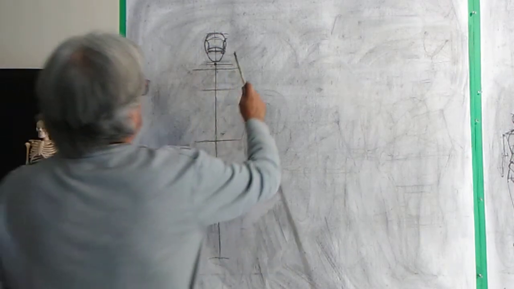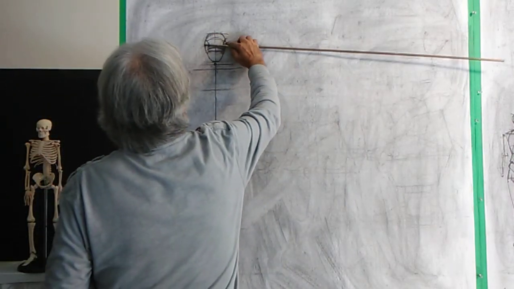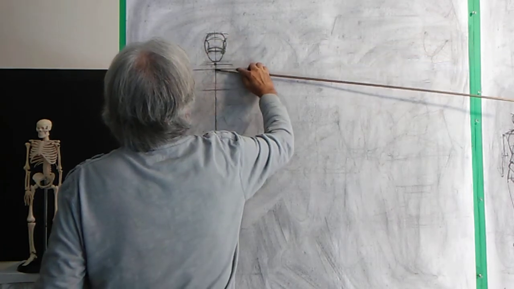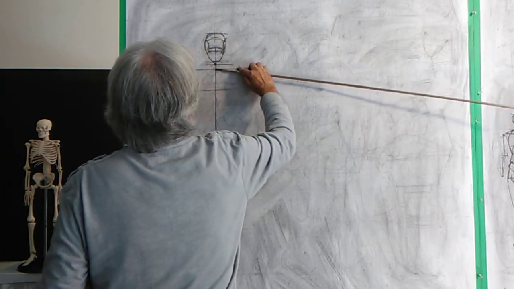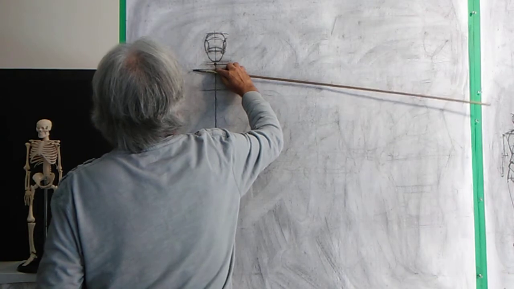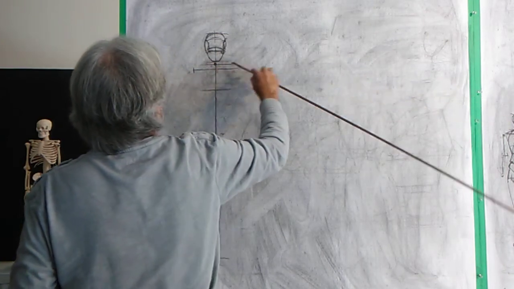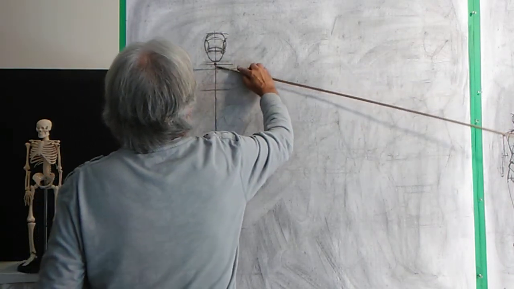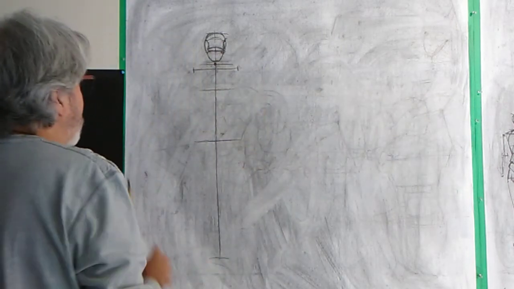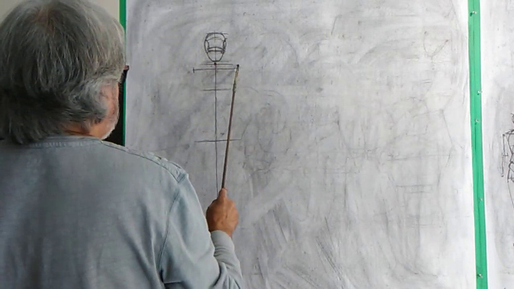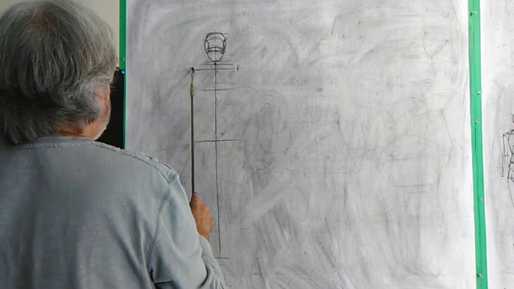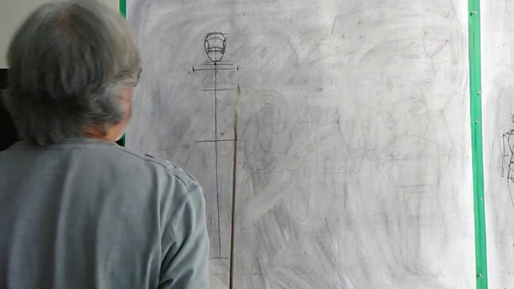So what we want to do with our shoulders, like in the front view, is take the width of the skull and measure it. And this side wants to be the width of the skull. You take the width of the skull, measure it. So now we know our shoulders for the width of the head would be like that. So now he's in, as far as the shoulders to the head and the placement of the head, it should